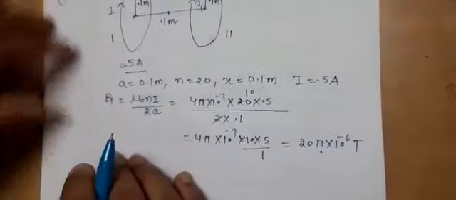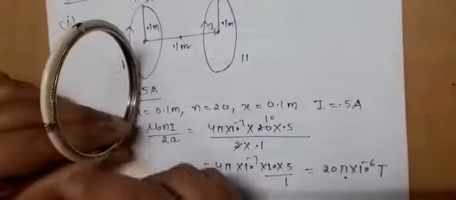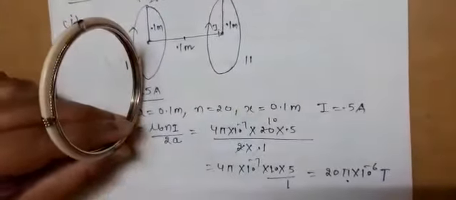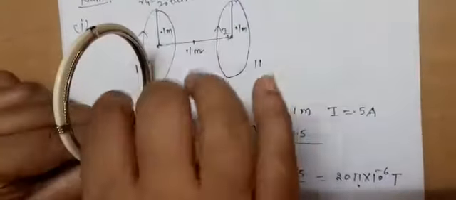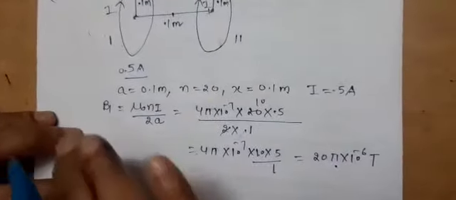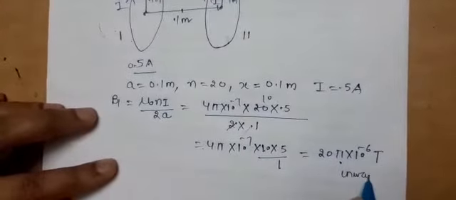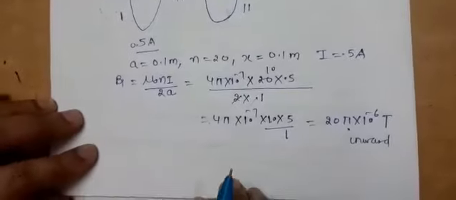And this is the direction of the magnetic field at its center. Here the coil is carrying current in this direction. The coil is like this and current is flowing in this direction, so the curvature of the fingers is in this direction. The magnetic field at its center will be directed on the opposite side. You can say this is inward, or downward, or on the left side.